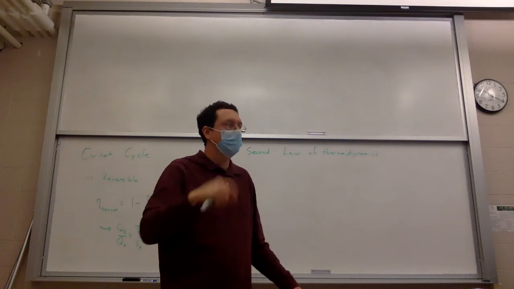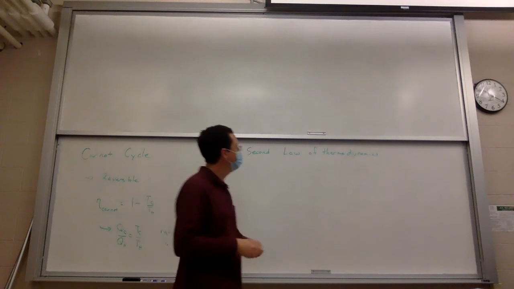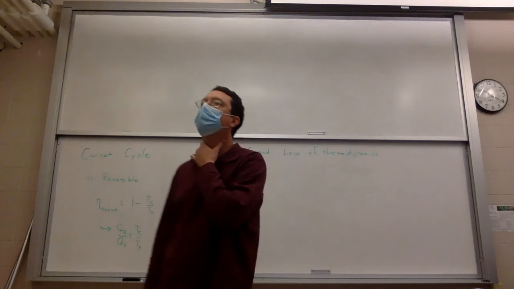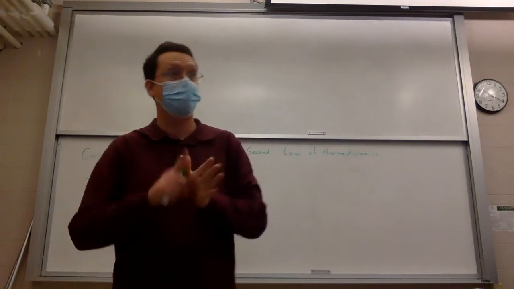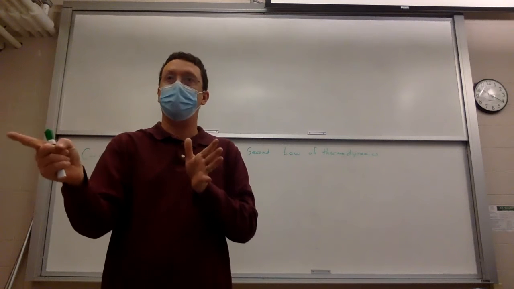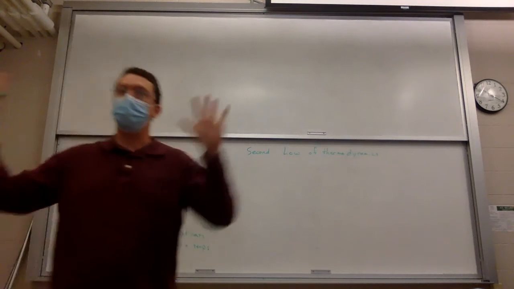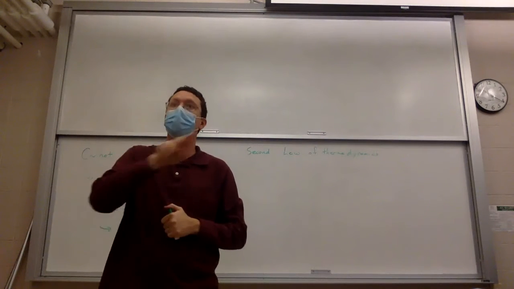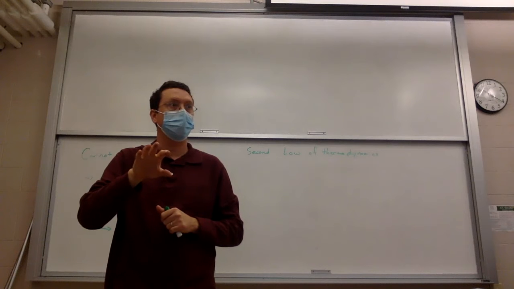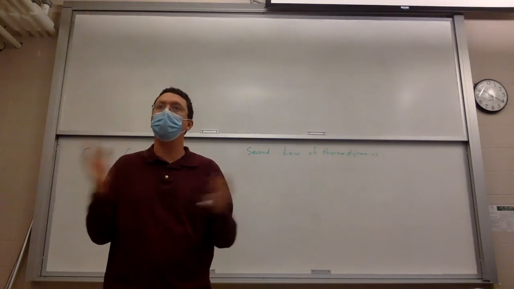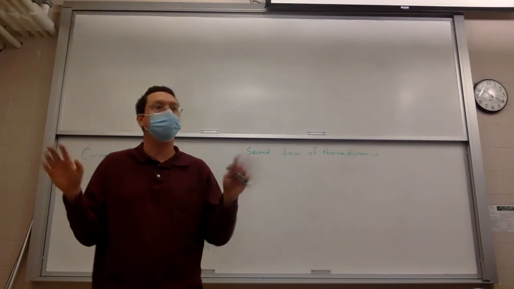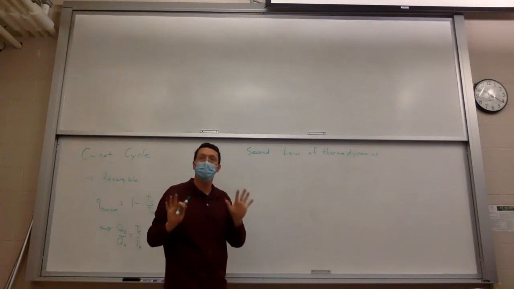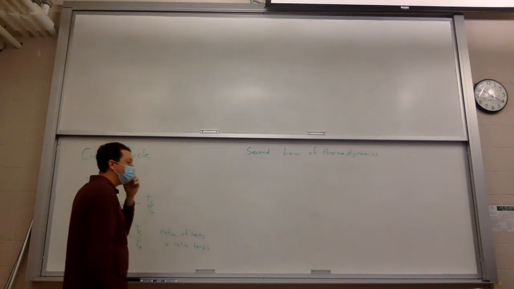Okay, so remember, like if I say that all dogs have 4 legs, so if it's a dog, it has 4 legs. Let's just assume that that's true. That statement, mathematically, you could say is: if it doesn't have 4 legs, it's not a dog. Those are equivalent statements. It doesn't mean that the first statement is true or false. Logically, those are just equivalent. All right. Okay. So the second law of thermodynamics.